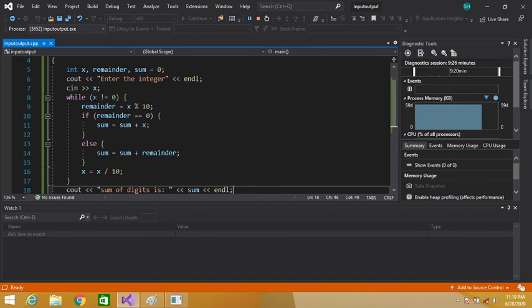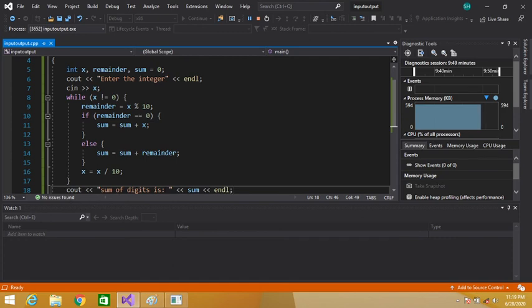We are saying that 0 is not equal to 0, but the truth is 0 is equal to 0, so this condition becomes false. Our control will skip the body of this while loop and directly shift here and see